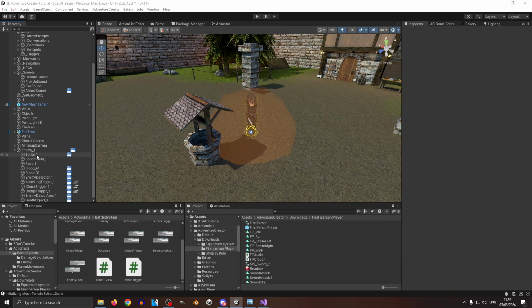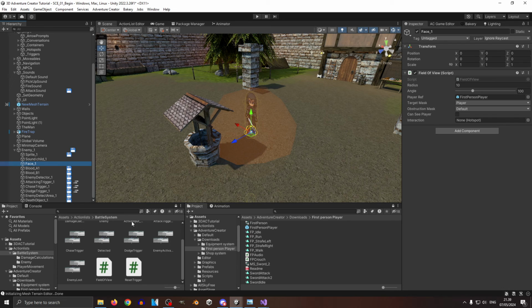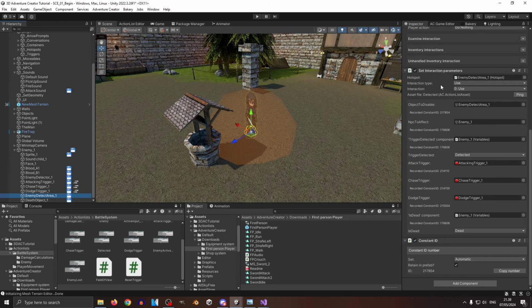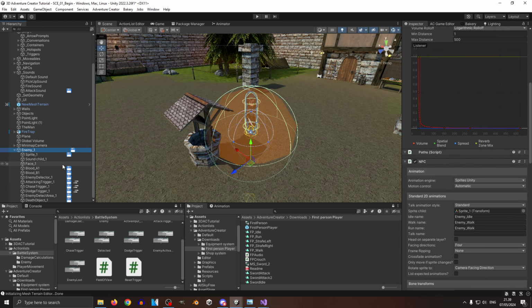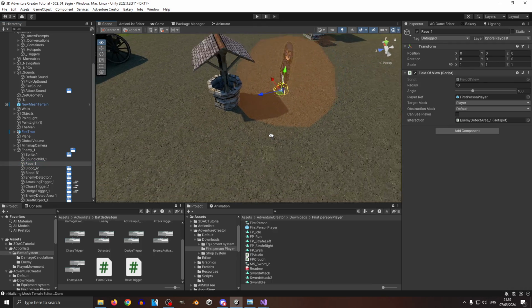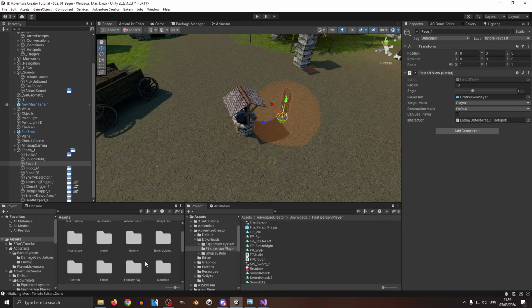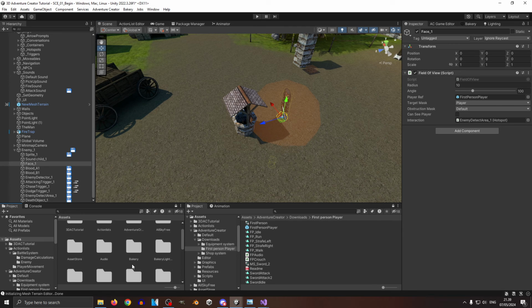Okay, so now they should be able to detect, and then the interaction would be the enemy detect area, which has the hotspot, which will then run based on these interaction parameters. But currently we don't actually see any kind of clues where the player is actually looking. So we need to create, this is also from the tutorial, but